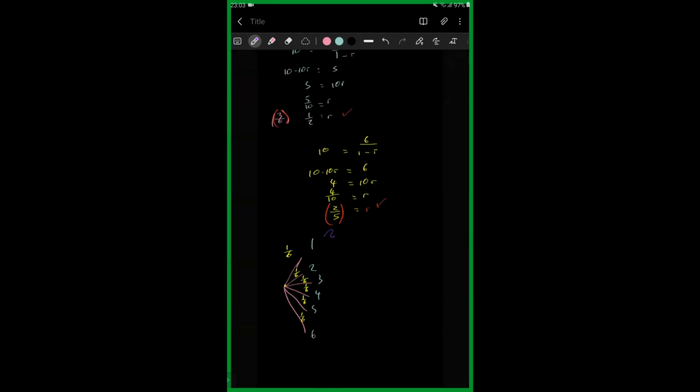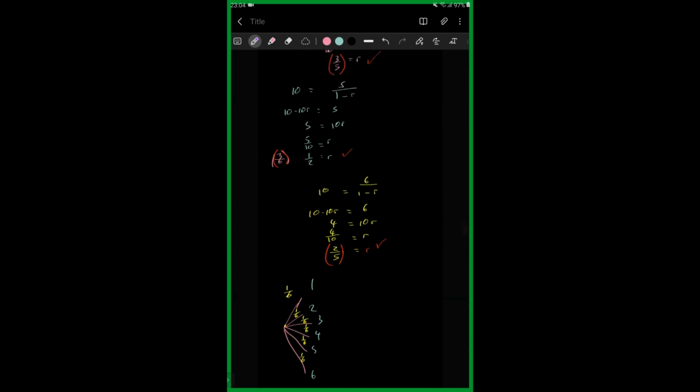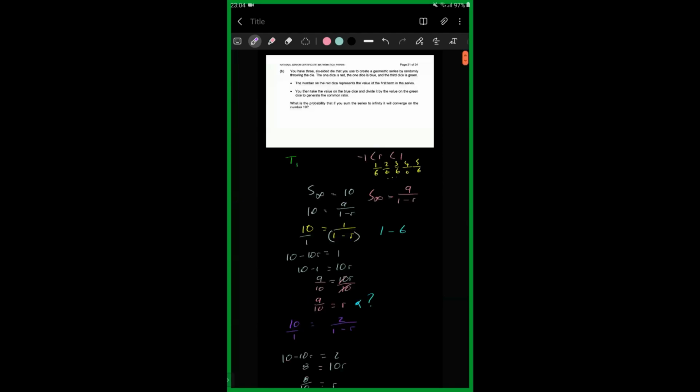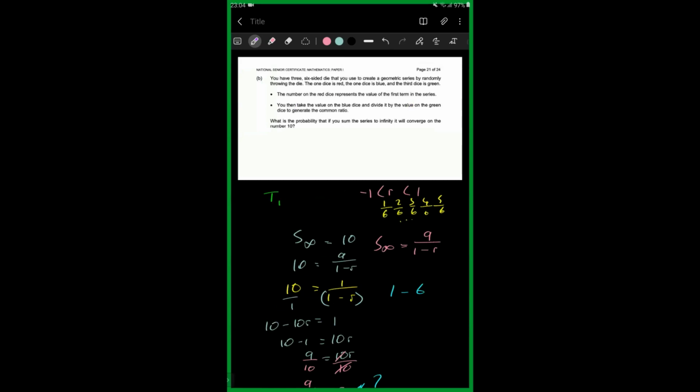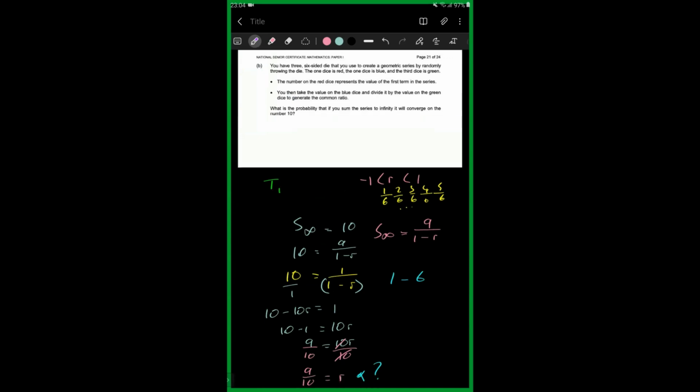Yo, this is actually kind of crazy. The reason why I say this is kind of crazy is because after getting a specific value for a, your common ratio, you have to think to yourself that your common ratio is, as we said, determined by the blue die. It says that you take the value on the blue die and divide it by the value on the green die. So the thing now is, we would need to be asking ourselves, okay, fine, after getting, oh, the